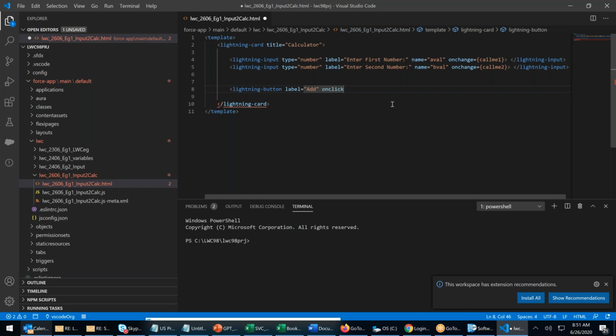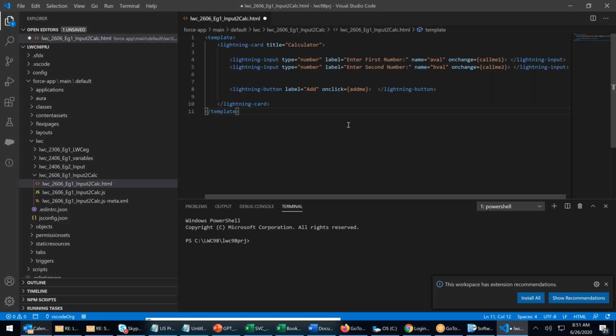Whenever you click the button, on click, what do you want to do? You want to do add me. What I will do, add me, right? As usual, you have to close the button. That is the reason, rather than doing this, always close it before itself like this, because writing the properties inside, you don't get a closing tag always.